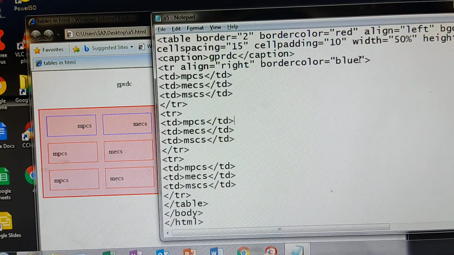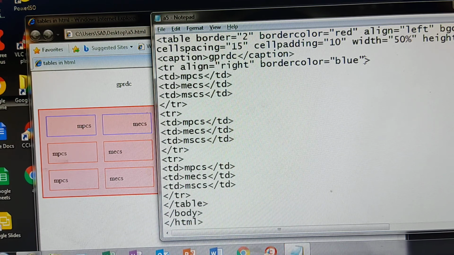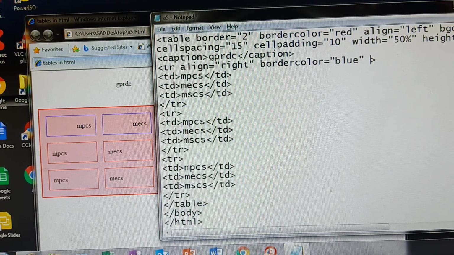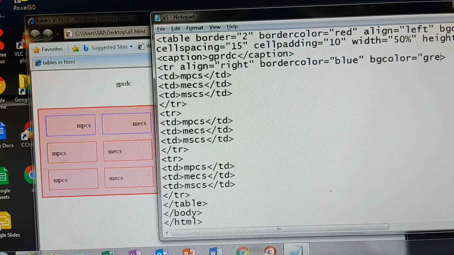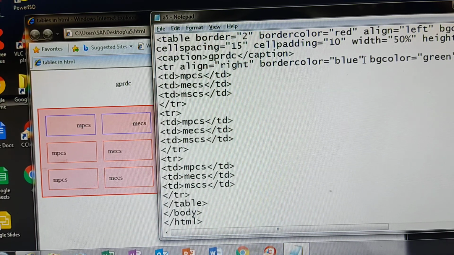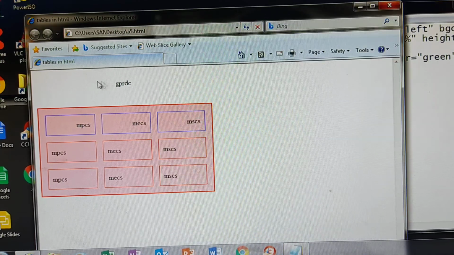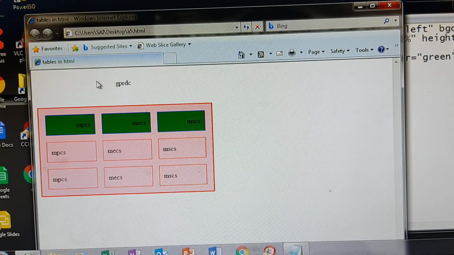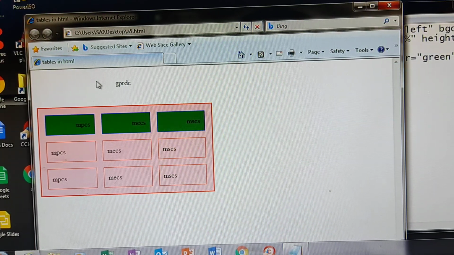Okay, now here height and width, no need to use here. We'll see BG color. BG color equals to blue I have given above, so I will give green. We'll see if it will work. Green. See, only that particular row you are getting in a green color.